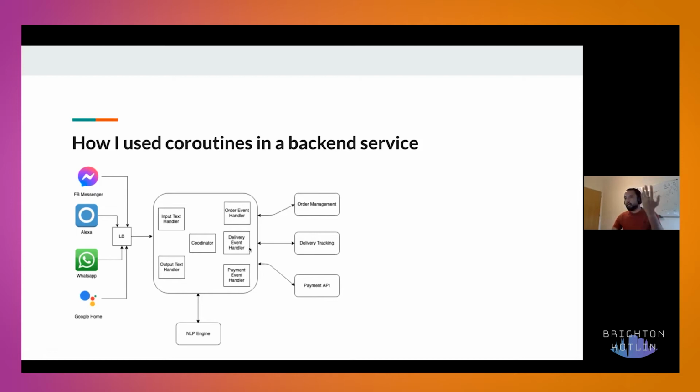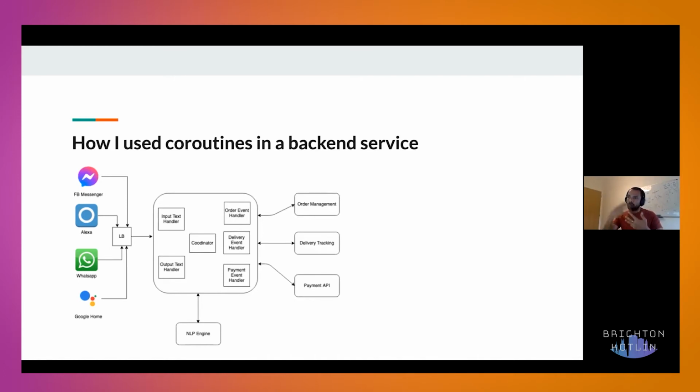So the system architecture is like this. This is a very simplified version of it, and you see this NLP engine. It takes a text and then tries to get the intent of the user. For example, if you say, "Where's my order?" this NLP engine knows, okay, this user is asking about an order. So we try to query the order management system perhaps, and then try to get the state. And if you want to ask the delivery state, we probably have to go to the delivery tracking system. Likewise, all this backend processing happens.